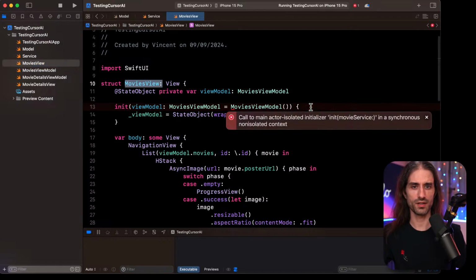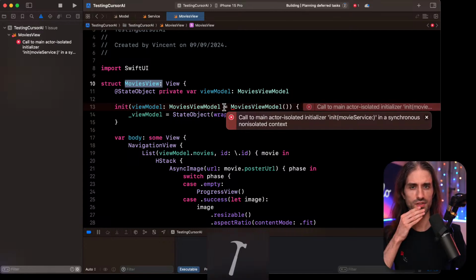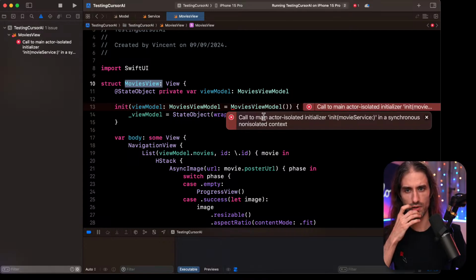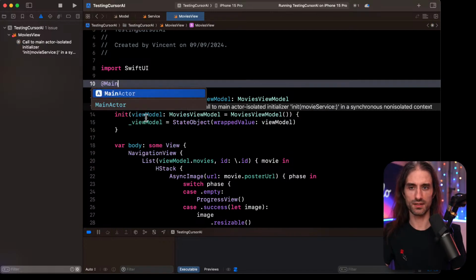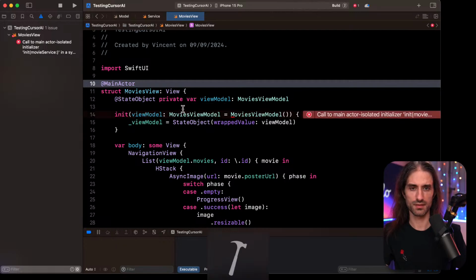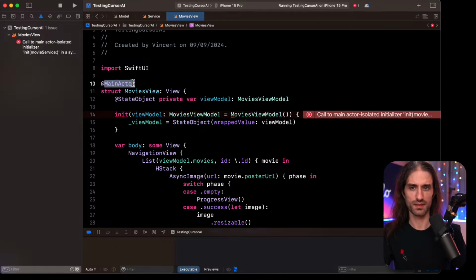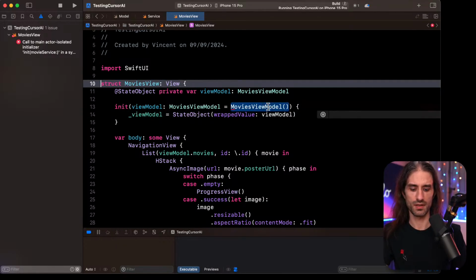Oh, here there is an error actually. Call to main actor. So how many errors is there? Just this one? Yeah. So call to main actor. Oh, because here this is main actor isolated. So what if I do @MainActor here? There is still a problem.